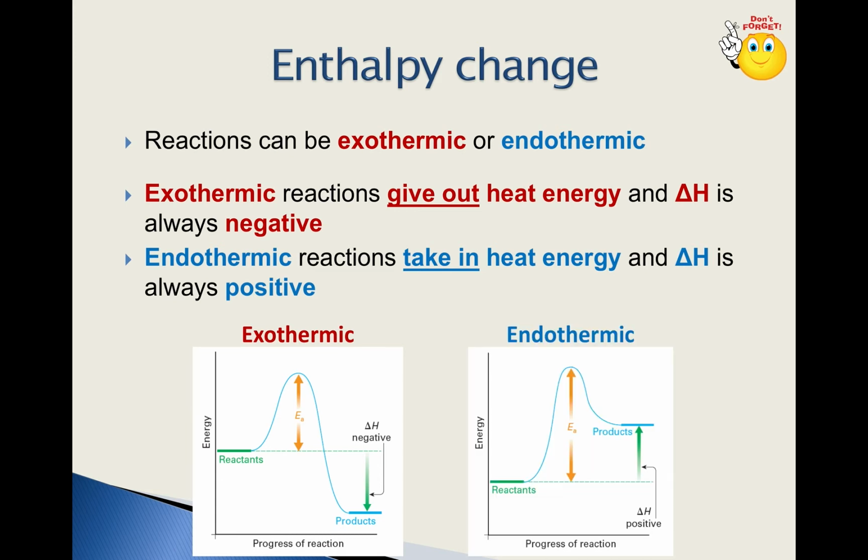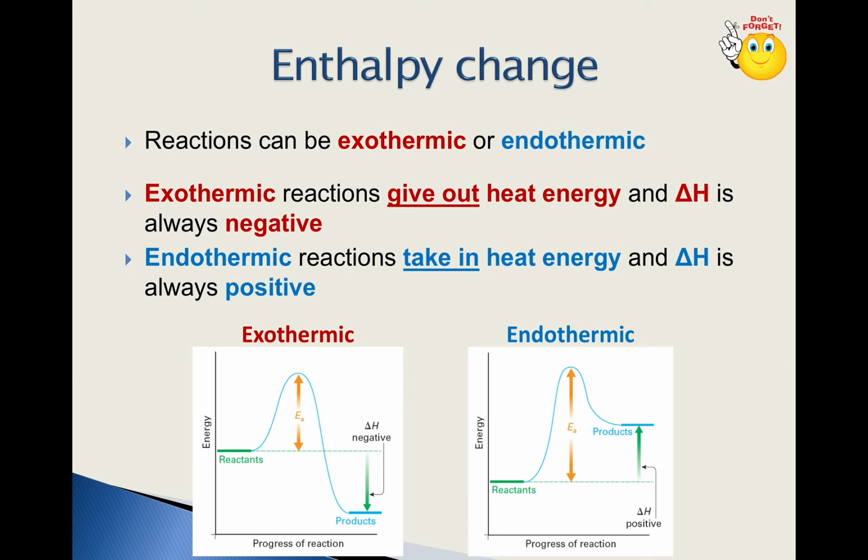Okay, let's move on and let's look at the endothermic reaction profile. So again, the axes are exactly the same. You've got the y-axis with energy and the x-axis with progress of reaction. The difference between an endo and an exothermic reaction is that the products are higher in energy than the reactants in an endothermic reaction. So when you draw an endothermic reaction, remember the products will always be higher in energy than the reactants. So to reflect this, the line for the products must be higher than the line for